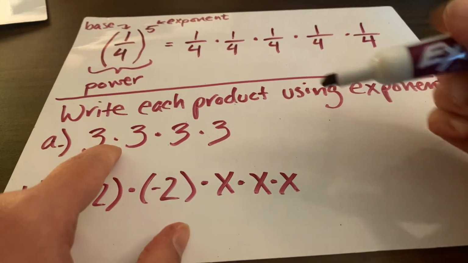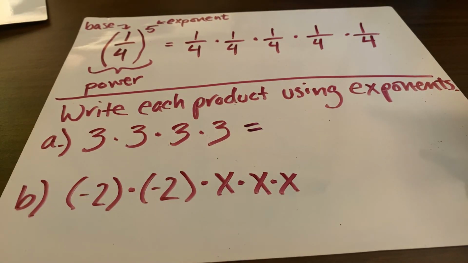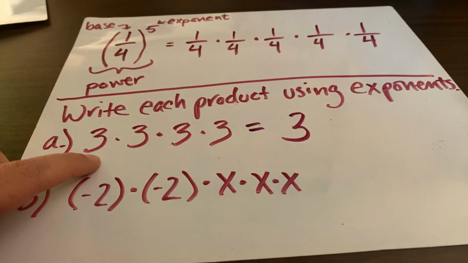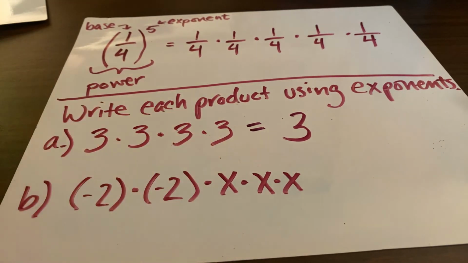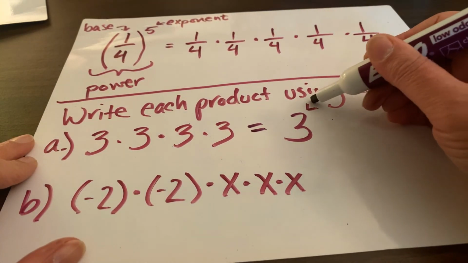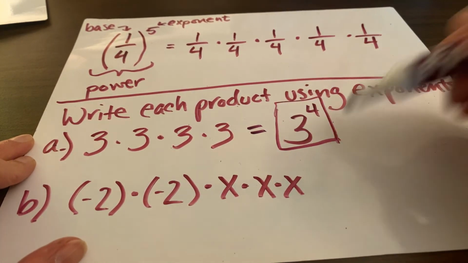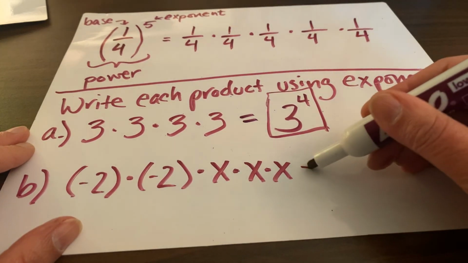So here we go. If I have 3 times 3 times 3 times 3, what's my base? My base is the thing that's repeated, and so that's 3. And how many times is it repeated? 1, 2, 3, 4. And so this would be 3 to the 4th power. Boom, that's your answer, right? 3 to the 4th power. Okay, well, what about